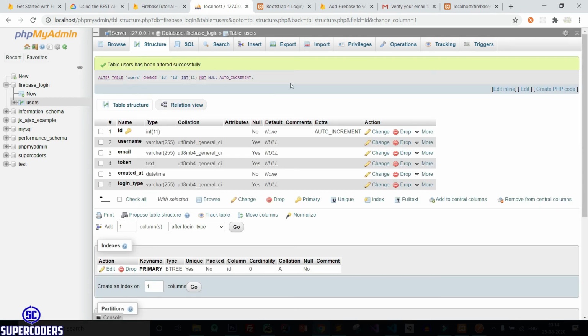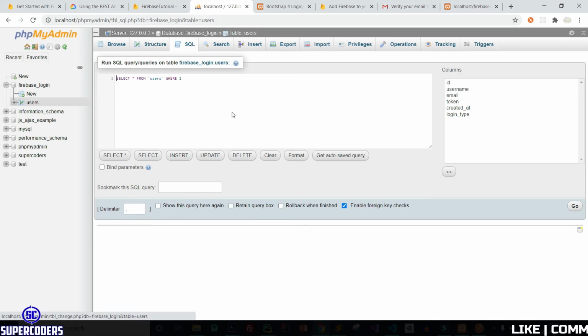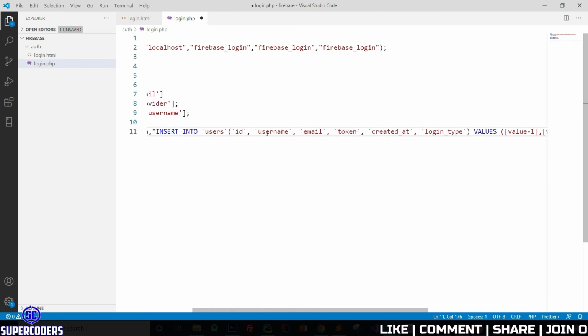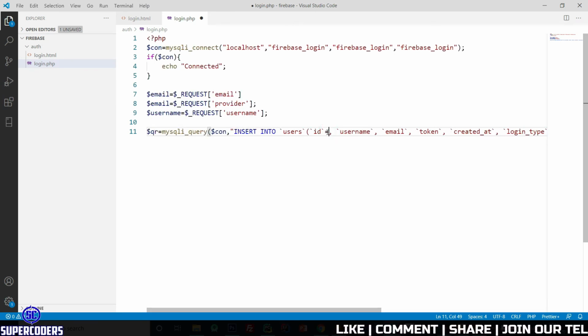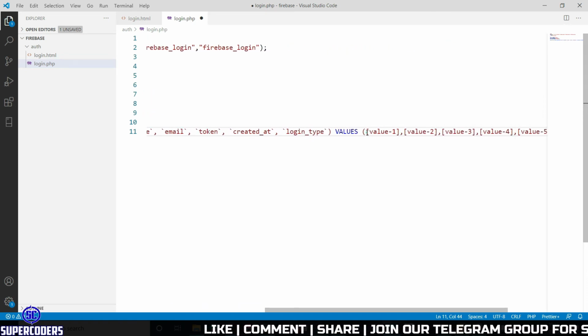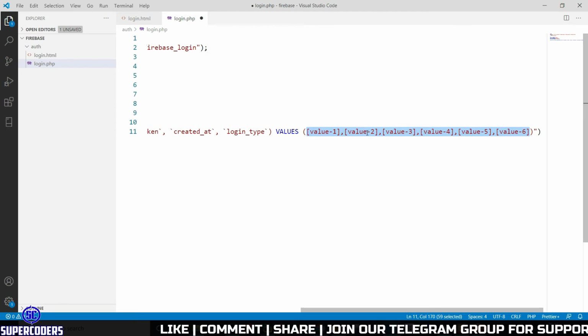Now it's perfect, it contains auto increment and primary key. Now let's click on SQL, insert, copy this insert query, paste here, remove this ID, remove this.